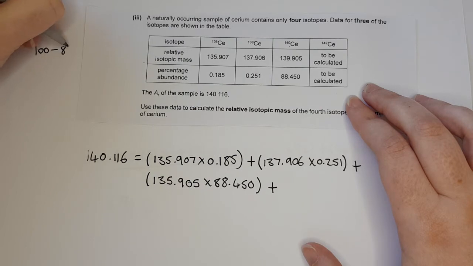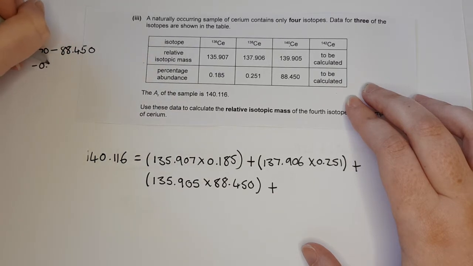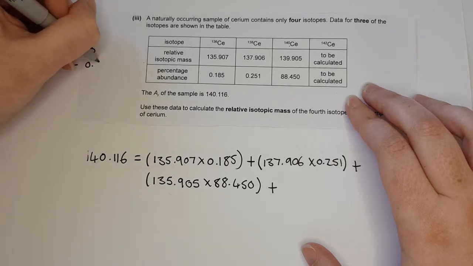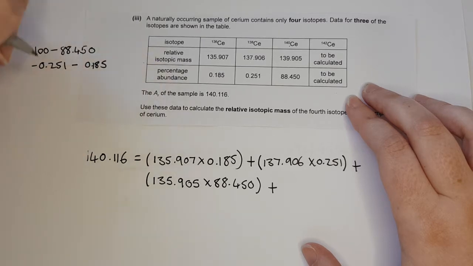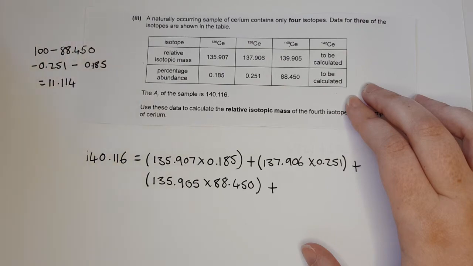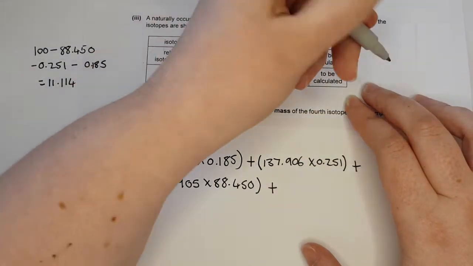So minus my 88.450 minus the 0.251 and then minus the 0.185, and if you type that into your calculator you get an answer of 11.114. So now that's this percentage over here,